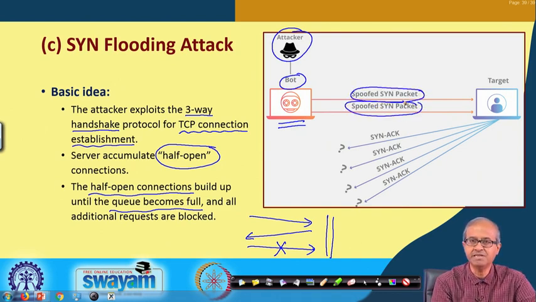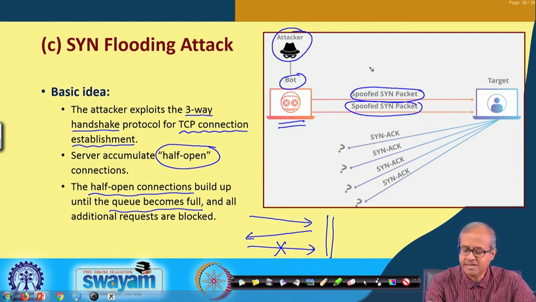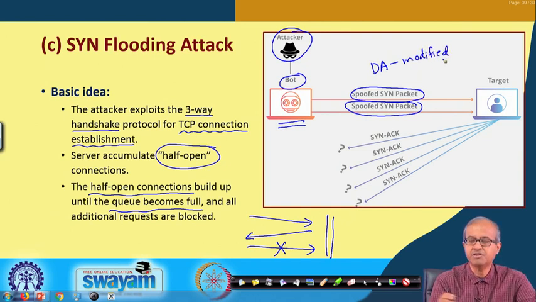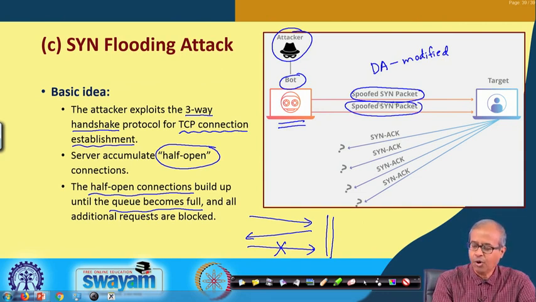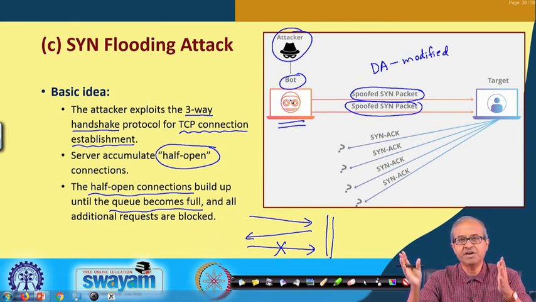Spoofed SYN packet means the source addresses are modified, because if they are not spoofed, all these responses will also be coming back to this bot, but the bot is giving arbitrary IP addresses as the source address.